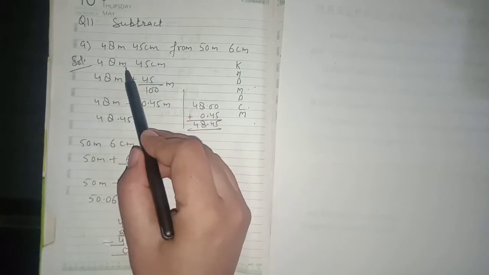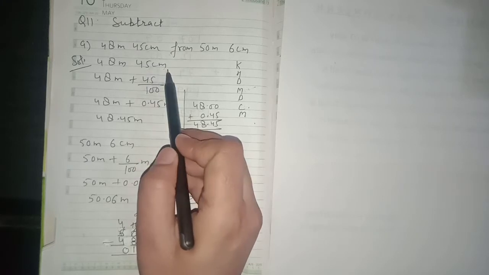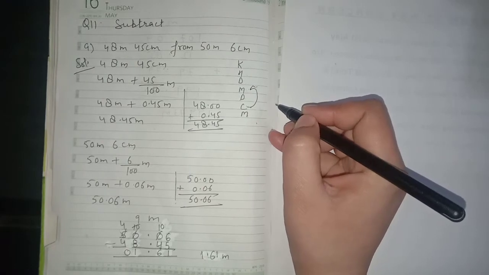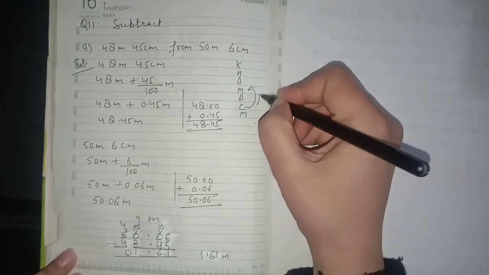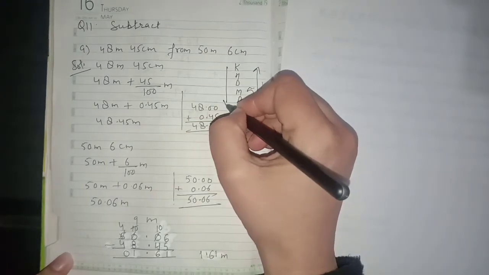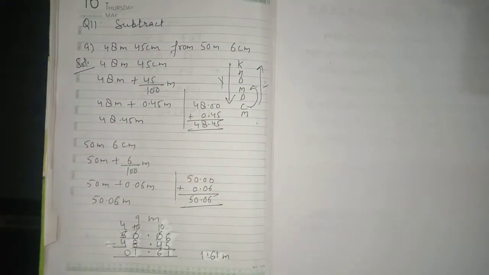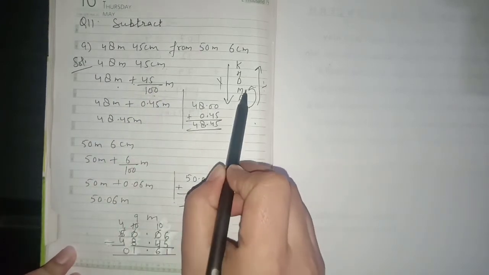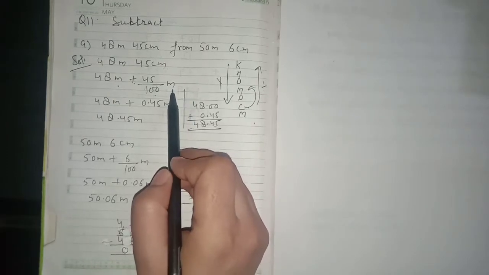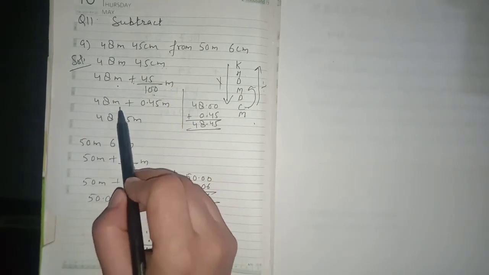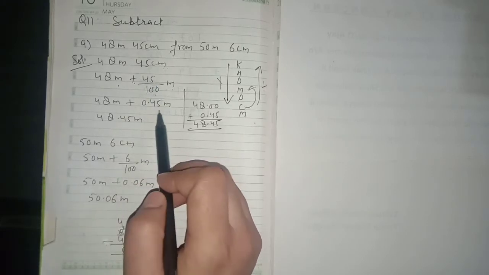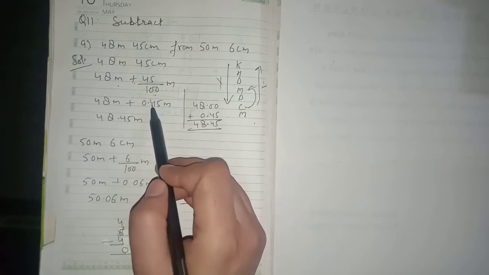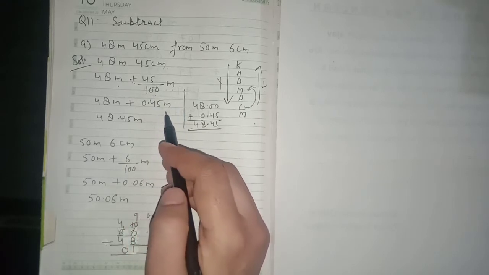Fine. So 48 meter 45 centimeter. We have to convert this 45 centimeter into meters. We have to go 2 steps above. For that we divide by 100, because if we are going above we divide, and if we are coming down we multiply. So 48 meter plus 45 by 100. Why 100? Because we are going 2 steps upward. So the unit gets converted into meters. Now 48 meter plus, when you divide it, you get 0.45. And if you want to write the answer directly, if your denominator is 100, then after the decimal there should be 2 digits, which are written in the numerator.